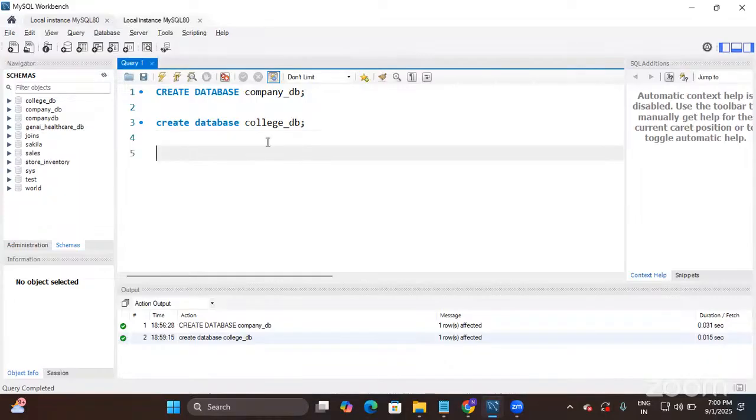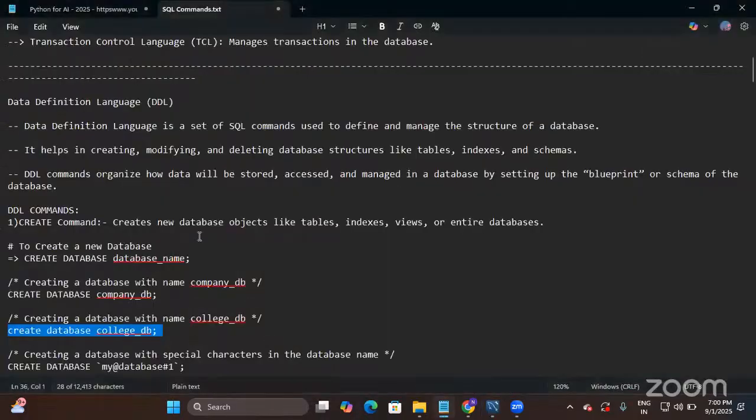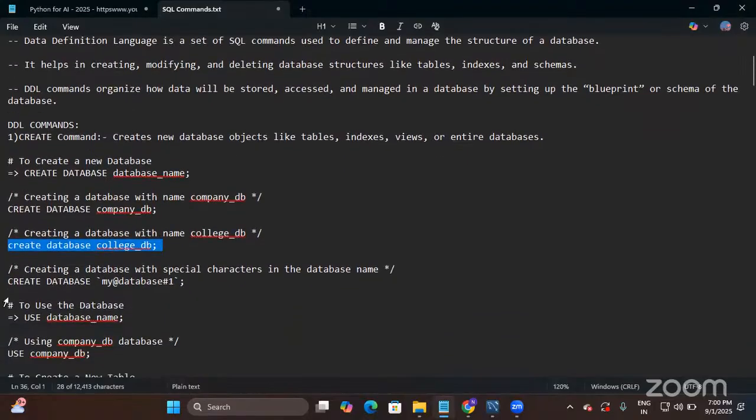What if I want to create a database with some special characters? So far, I'm just creating databases with names that contain only underscore. What if I want to create a database which contains some special characters? How is it possible in MySQL? If that is your question, we have an example for it as well, guys. See,